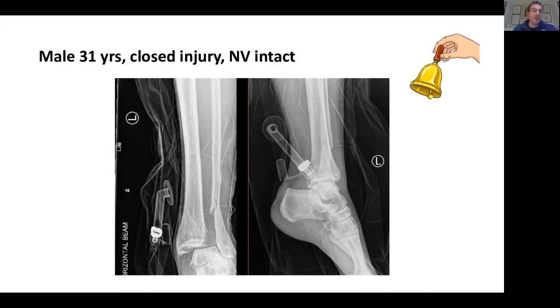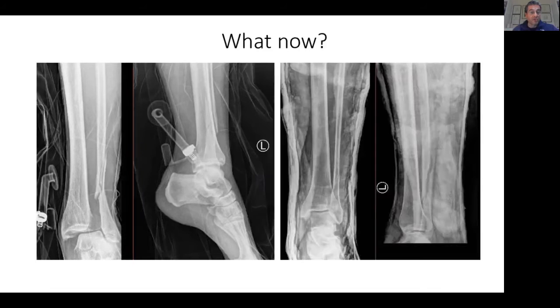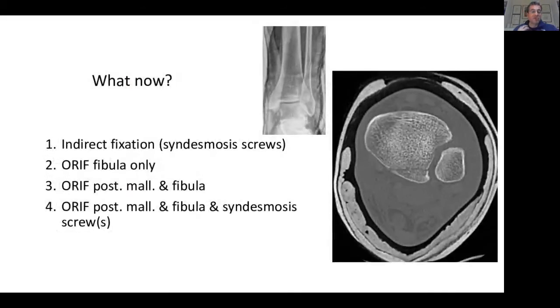Again, another injury, a close injury, but a fracture dislocation, that rings a bell. It is nicely reduced. If you just look at the X-ray on your right, you will say, yes, that's not so bad. But remember, it's a high fibular fracture, a Weber C pronation external rotation injury that has disrupted the interosseous membrane as well.